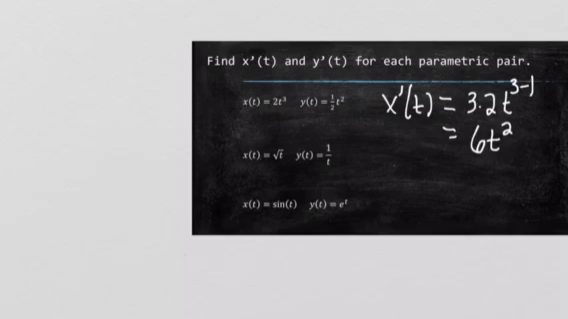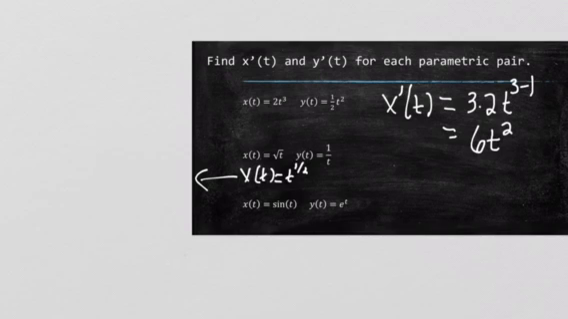Now, this one's going to be slightly harder because we have to rewrite x of t. We should rewrite it as t to the 1/2, because to apply our power rule, we need to know what our exponent is. So we can say that these are equivalent: root t is the same as t to the 1/2. So now, when we actually do this derivative,